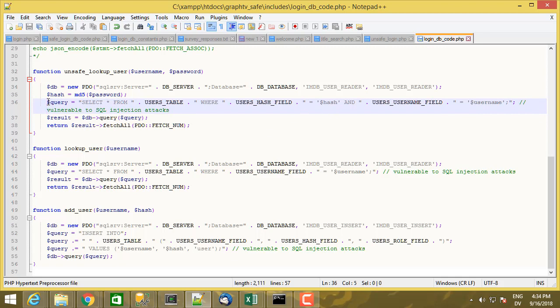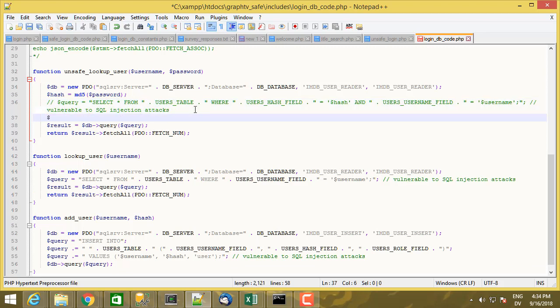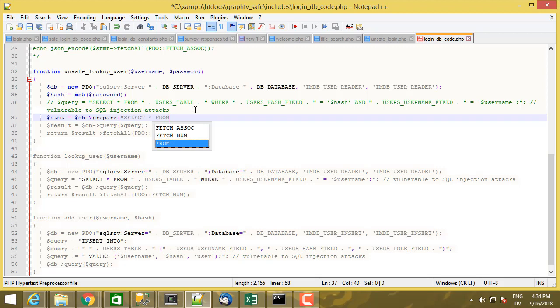And actually, let me start by commenting this out. And what I'm going to do is create a variable called statement. Don't worry about the exact syntax. It will depend on what language you're using, but it'll be similar to this. It's going to be database pointer prepare. And then I put a SQL statement, select star from users table, which is users, and I could continue to use my global variable here. So actually I'm just going to hard code this so it's a little clearer for this video, where,